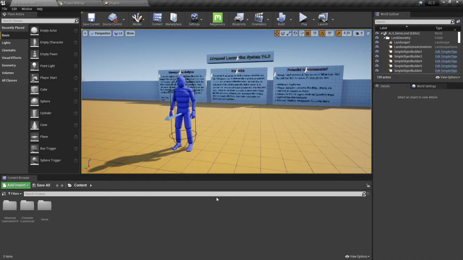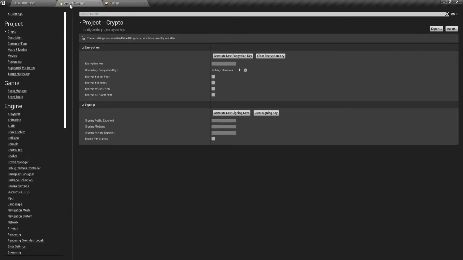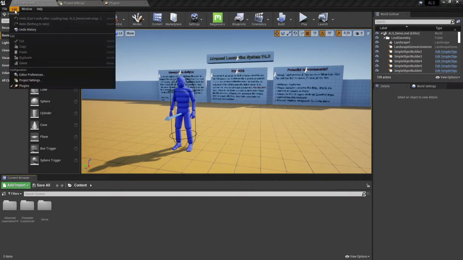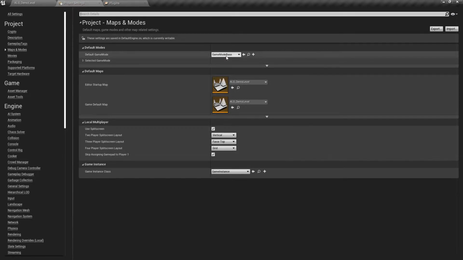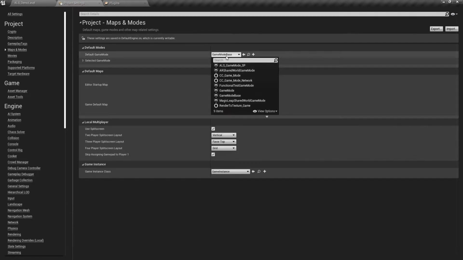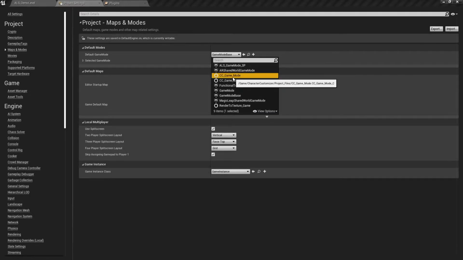Now that the engine has restarted, we have a few things that we have to do under project settings. If you don't have this opened on the top here, you can find it under Edit, Project Settings. Head over to Maps and Modes, where it says Default Game Mode. We're going to change this to the CC_game_mode. Give it a second as it loads. Once you click on it,